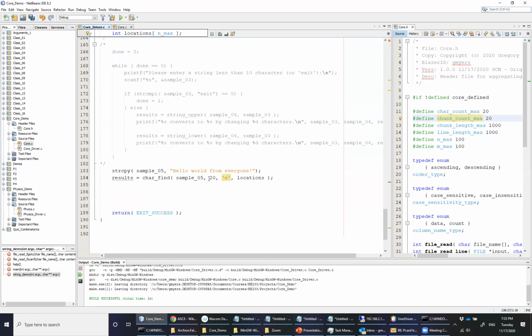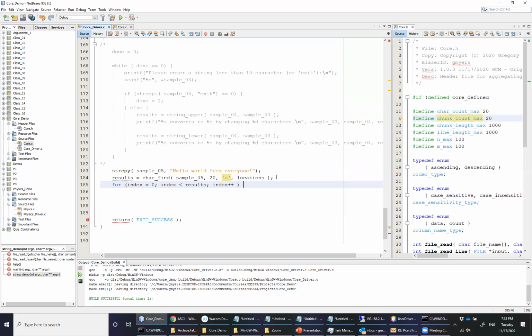Now, clearly, we are not going to find 100 E's in this string, but we might in the next one. And so what we want to do now is show the location of all of the E's that we find. In order to be able to do so, we simply say for index equals 0, index less than results,